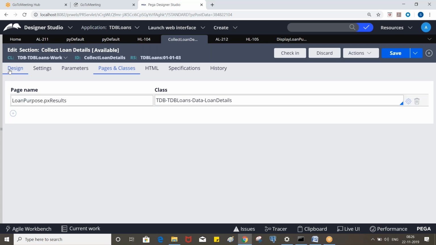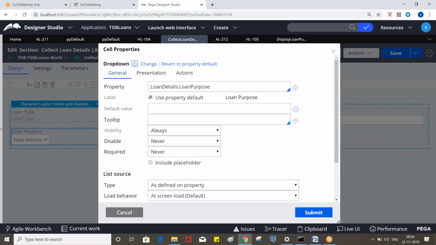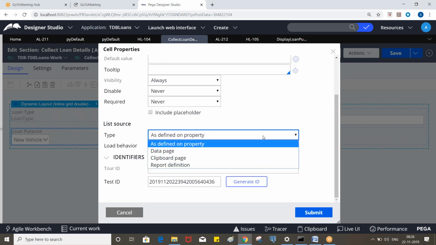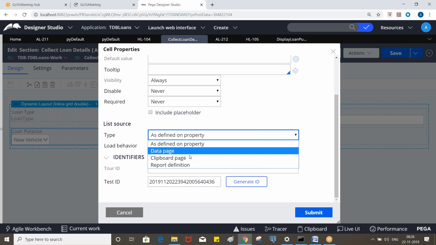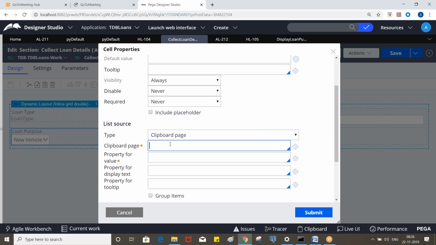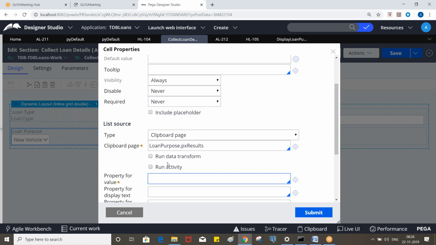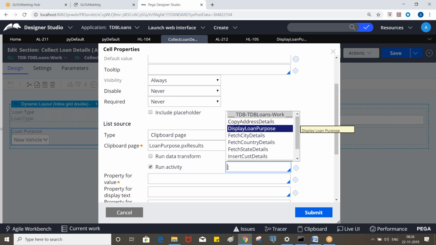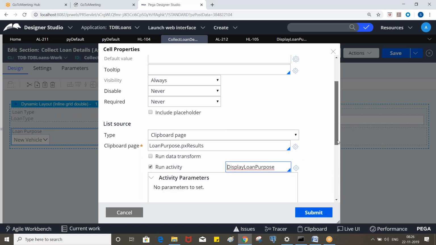Okay, now take this page and specify it here. Change the source from as defined on property to the clipboard page and select that. And this clipboard page is generated through an activity, right?